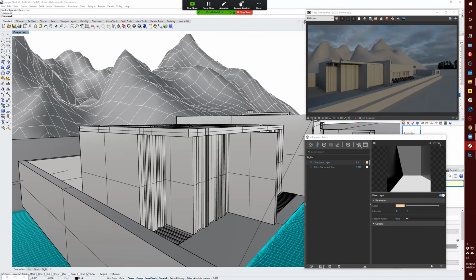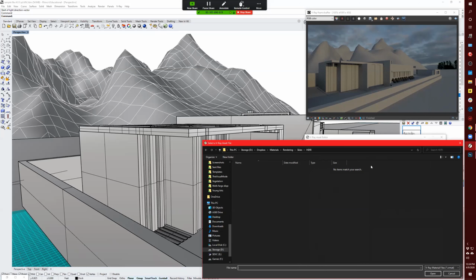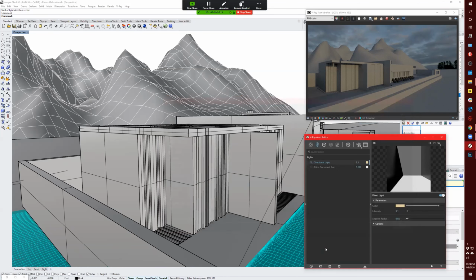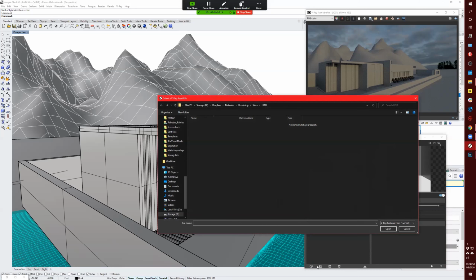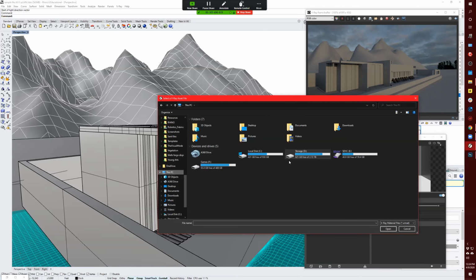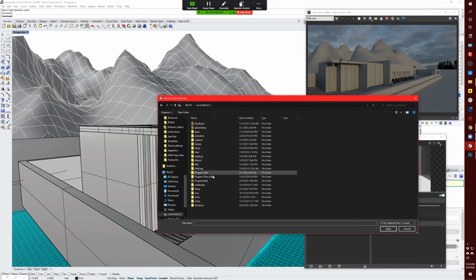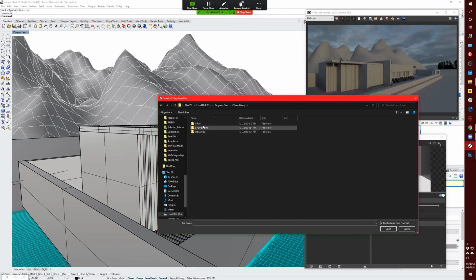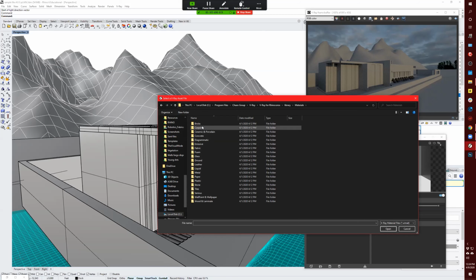So I'm gonna hit the folder here for opening a project. Sorry, not opening a project, opening a texture. I'm gonna click right here to open a texture. You can find it under your program files. So wherever you installed V-Ray, it's gonna be a folder called chaos group under your program files. Under V-Ray, V-Ray for Rhinoceros, library, materials, and then under materials you have here a whole bunch of different